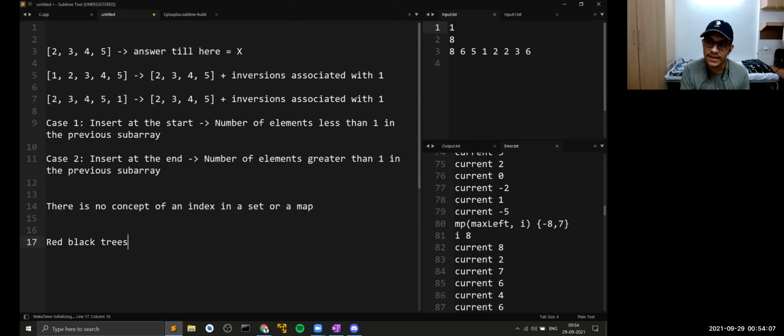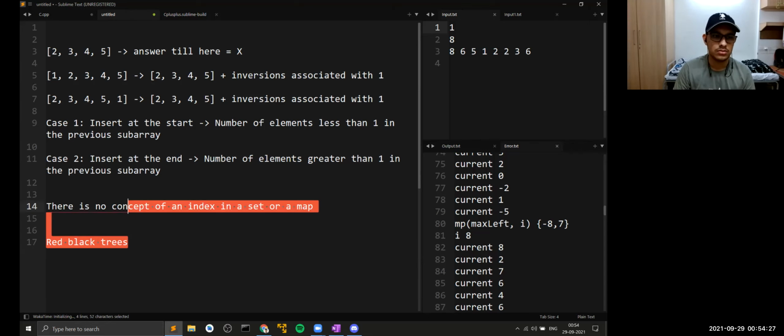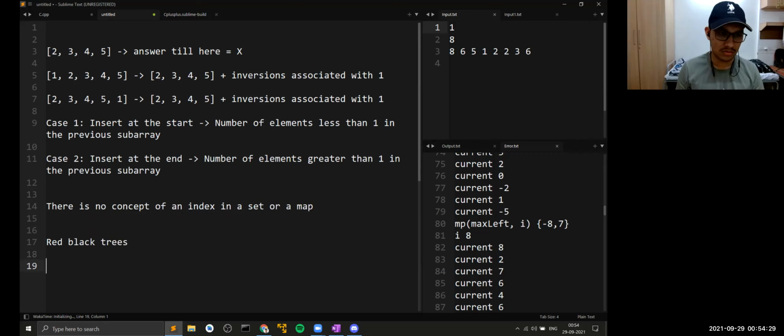So in this case, an index is a valid thing. In case of a set or a map, there is nothing like an index. So instead of using a set or a map, you can use an ordered set. An ordered set also keeps track of the index. Is this making sense to you? Yes, it does. Use an ordered set.